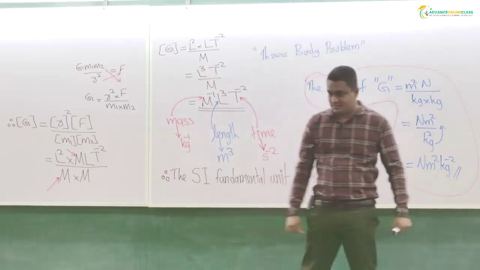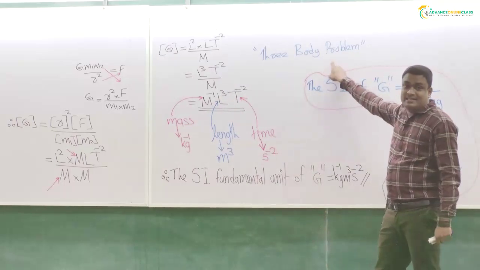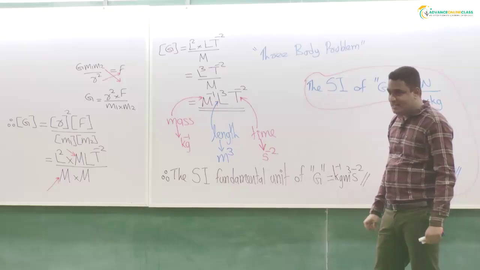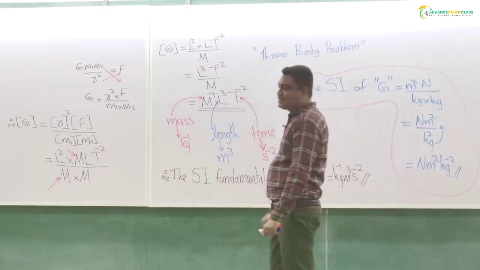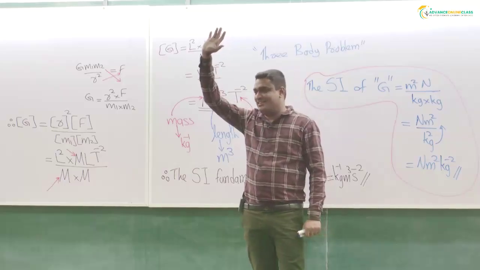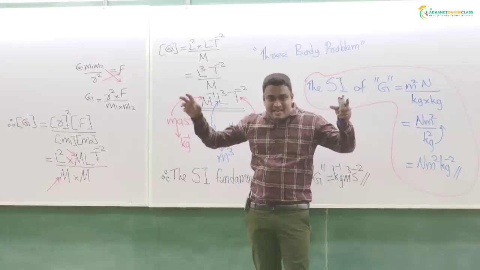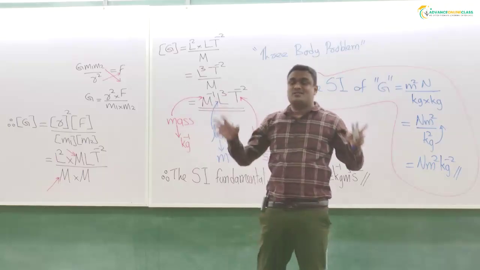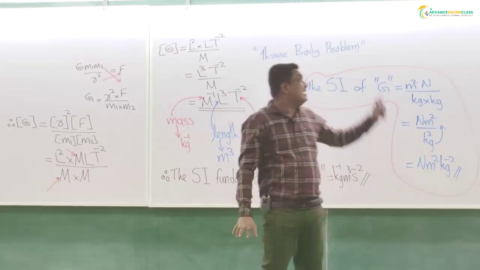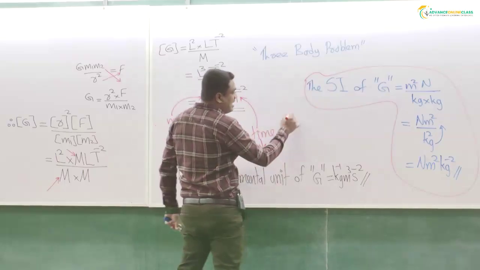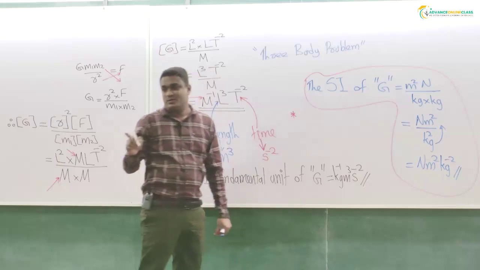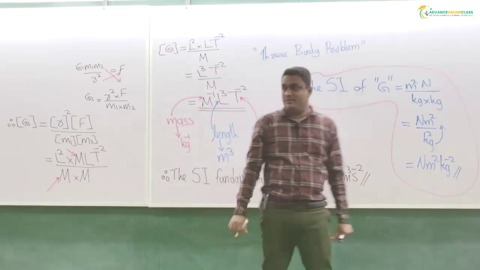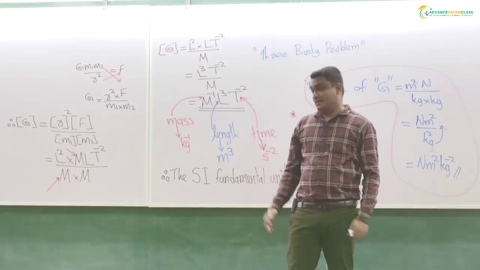Sci-fi means science fiction. The thing is, Newton's law of gravity cannot be applied to find forces when there are three or more objects. Who has heard it? Newton's law of gravity says there is a gravitational attraction force between any two masses. If there are three masses, what will happen?